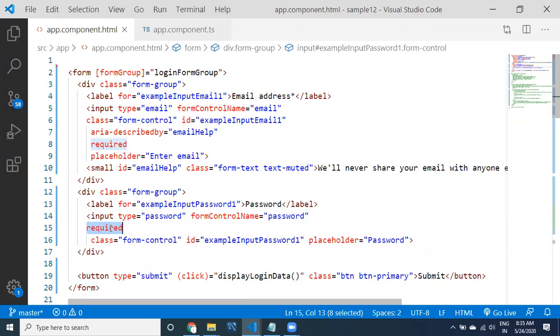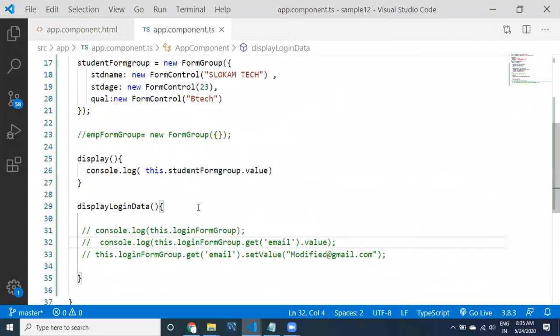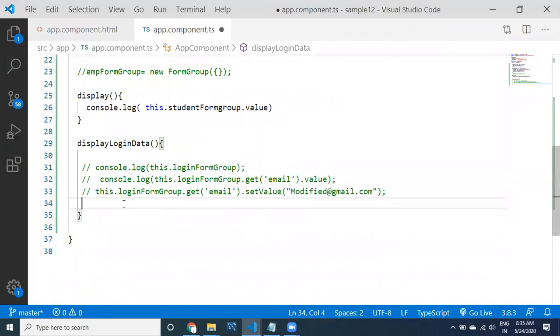Without providing information, this form is going to be invalid. This exercise helps us understand the basic structure of the form group and form controls.